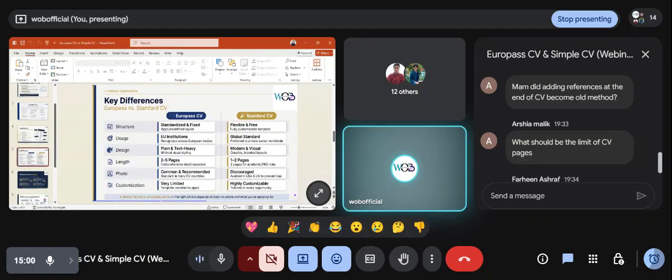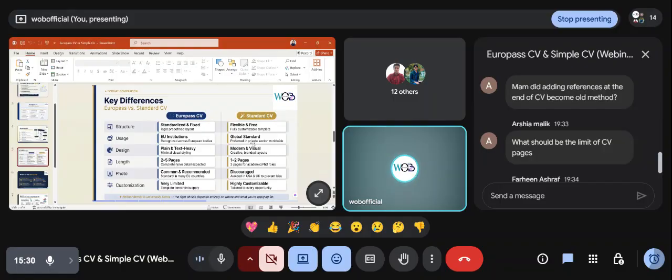This is the slide with which I can easily tell you about the standard length. The standard size of a Europass CV depends on the person. If you are a bachelor student, it is quite good, if you have some volunteer work or publication, to have 1 to 2 pages, and 2.5 pages if you did a lot of things, not more than that.